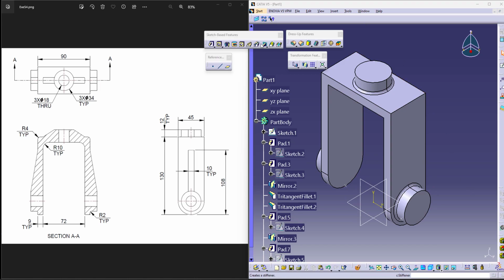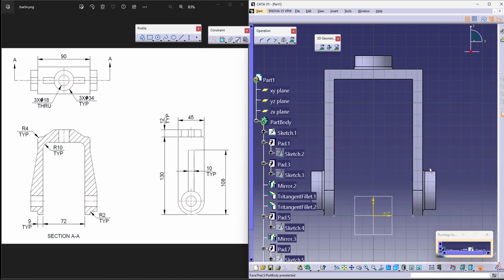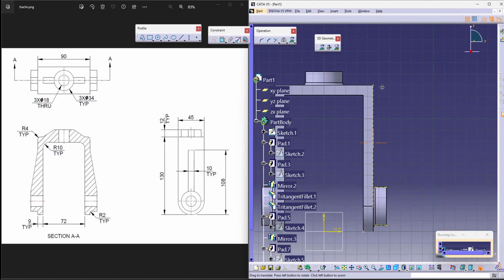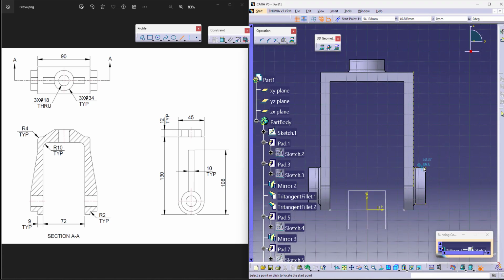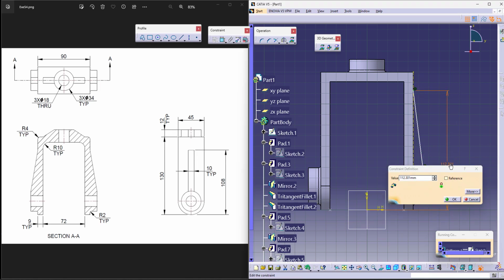Now you can start continuing with the ribs. You can use stiffener as the command. So once I select stiffener, I can start making my sketch and then using my references to create the support. Can be this way and then this way. Now the edge usually does not give you the support, so let me try to make a line this way, and we already know that the length from the base is 108. So once I exit,